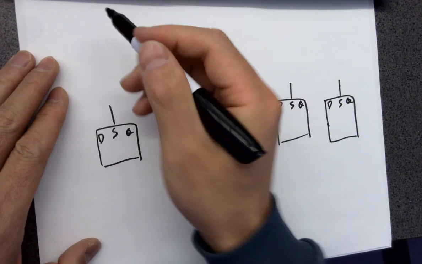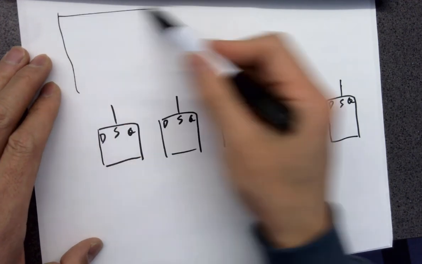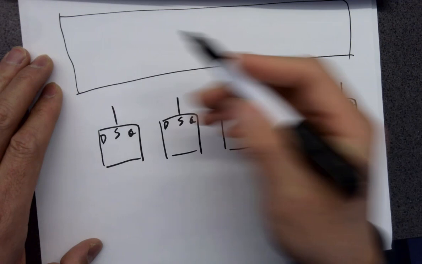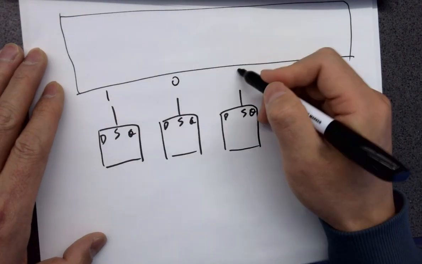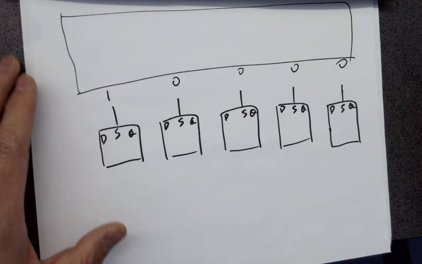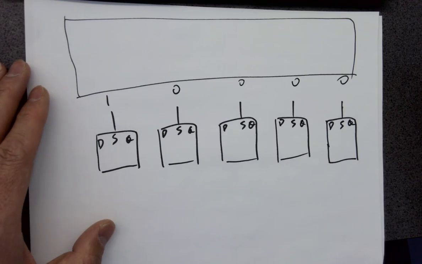In case something on the top, we don't know the structure yet, but assuming that something on the top can give us a 1 0 0 0 0 at the very beginning, and these D flip-flops are active high,